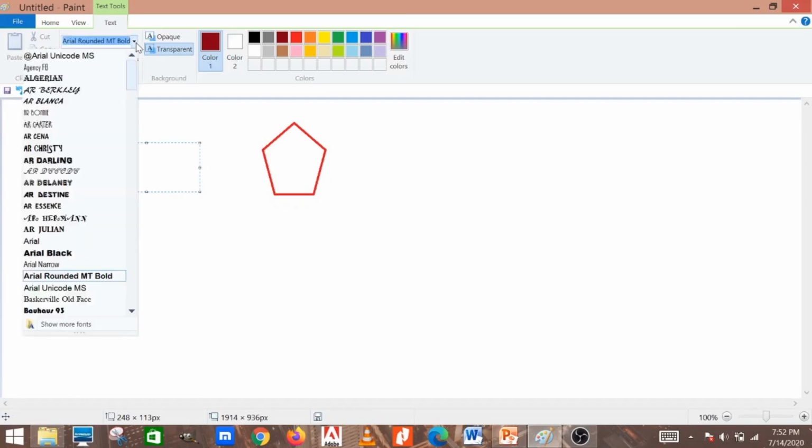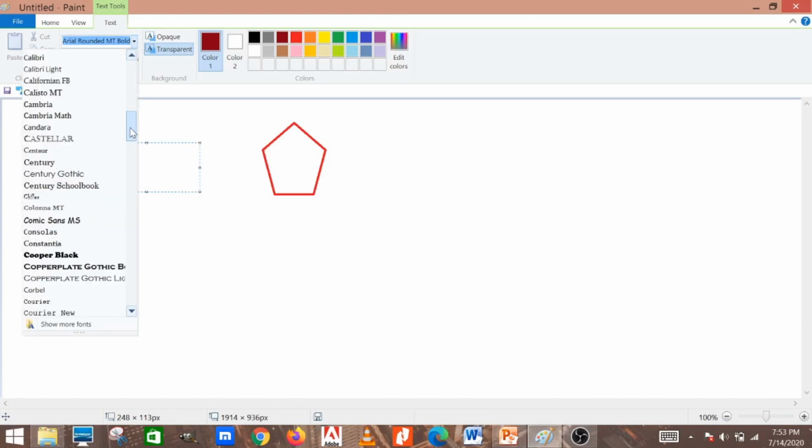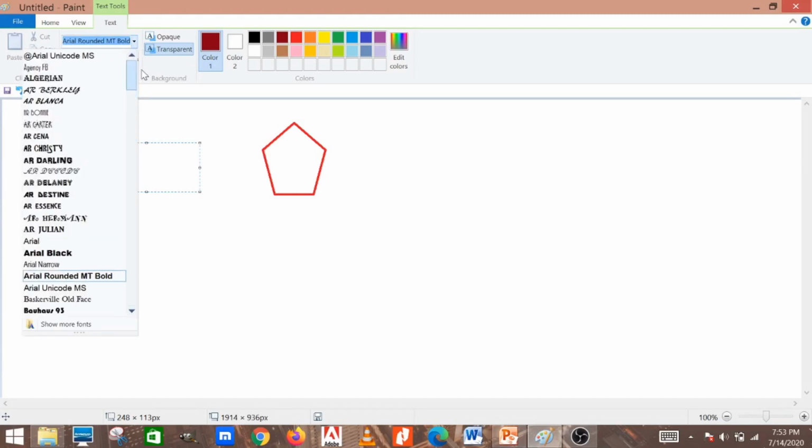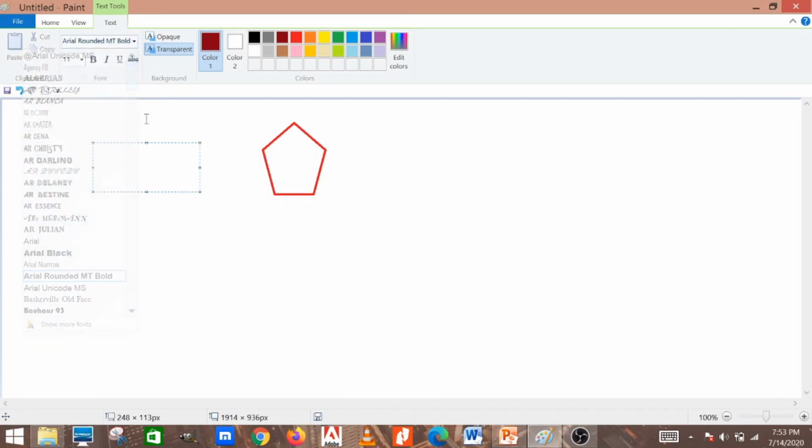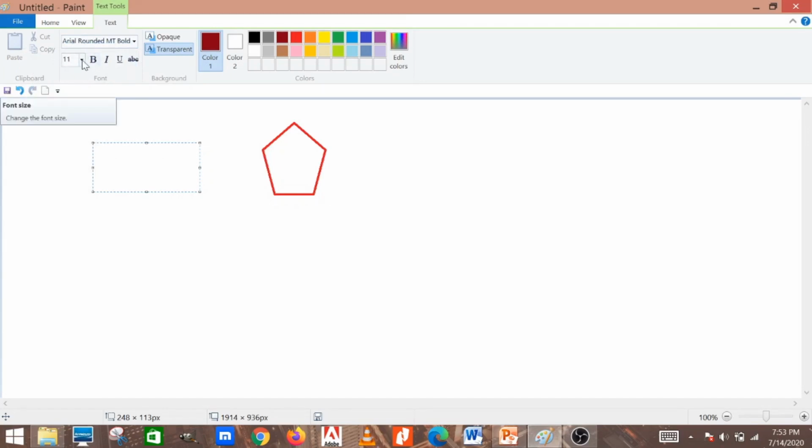So there is font family. You can click a drop down, and a lot of lists are there. It shows you different kinds of font style names. Here you can see font size is there, from 8 to 72, and you can see different sizes in your machine also. So lots of sizes are there. You can select from here.